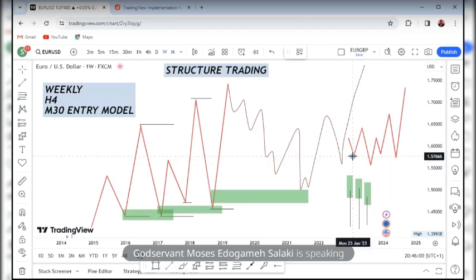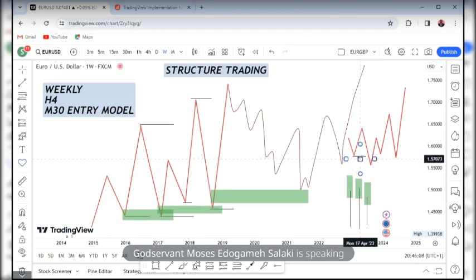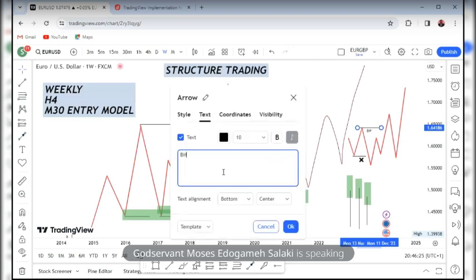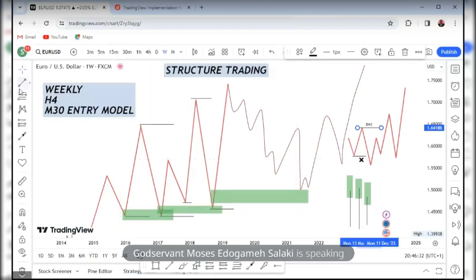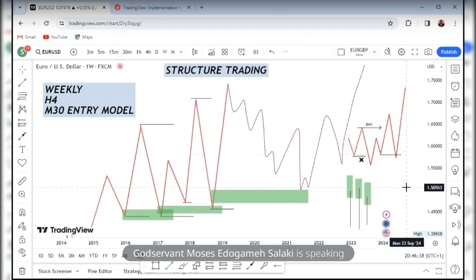We want to see price give us a liquidity sweep, which is a sweep of previous buyers or sellers, and then price clearly breaking structure. That's price clearly breaking the previous high or the previous low. Okay, that's a model that we trade in the Smart Traders Network. So we have a clear BMS, and then we want to see price come back for the liquidity, and then that becomes your entry.